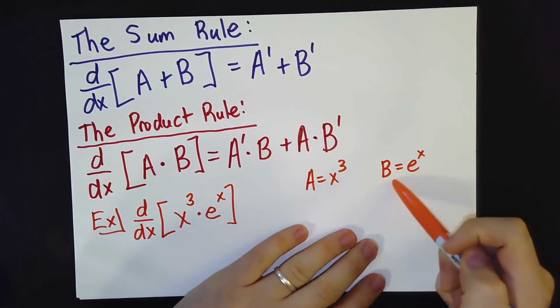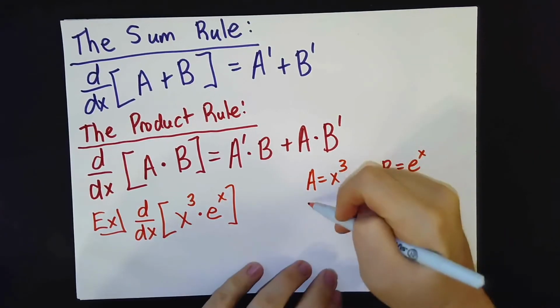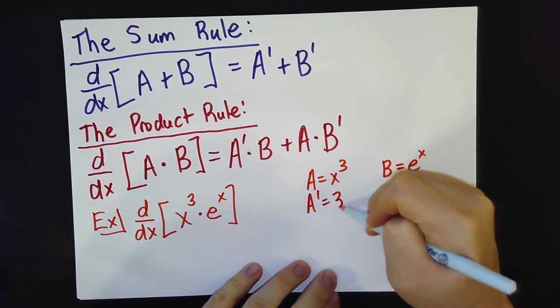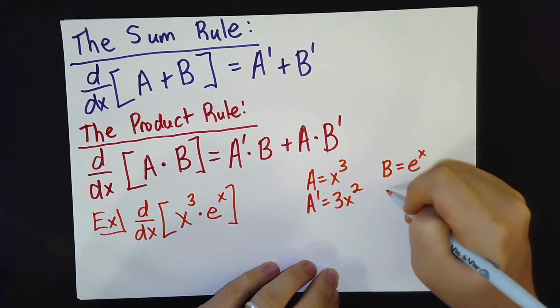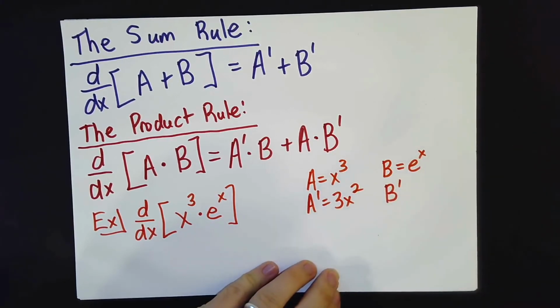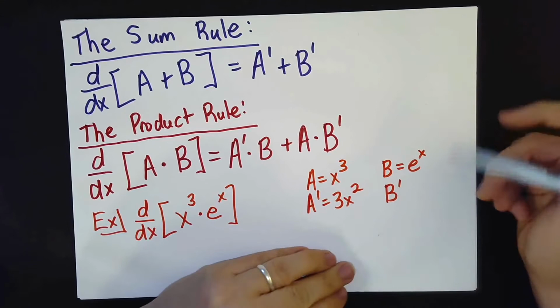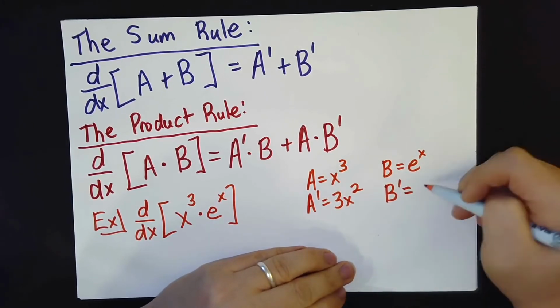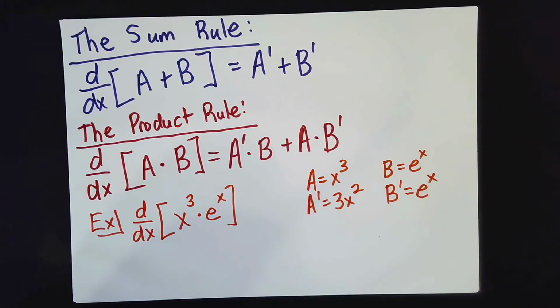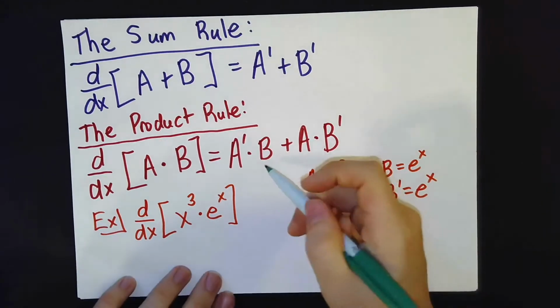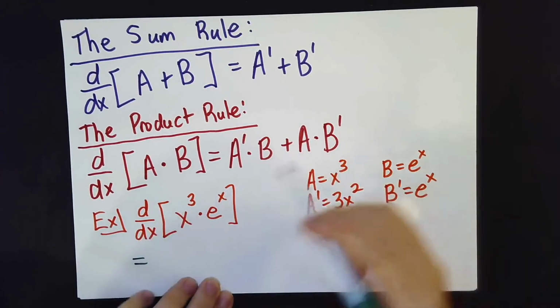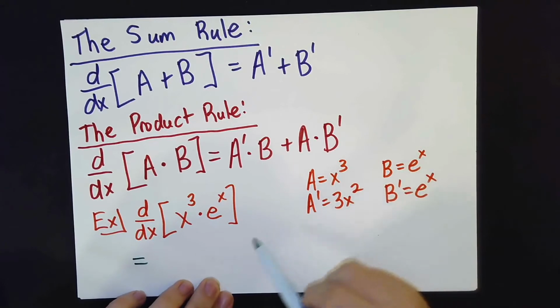We'll go ahead and write down the derivative, which by the power rule here is 3x squared. And by our rule for the derivative of e to the x from the previous video is e to the x. And so when I follow this recipe, I get that the derivative of x cubed times e to the x is